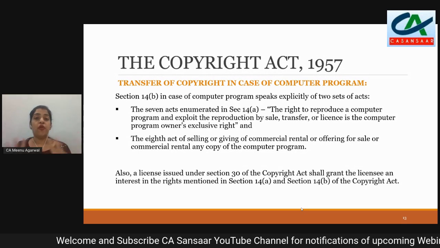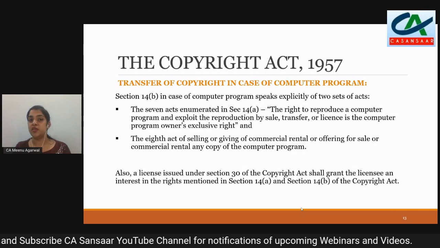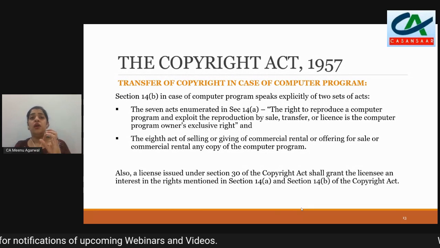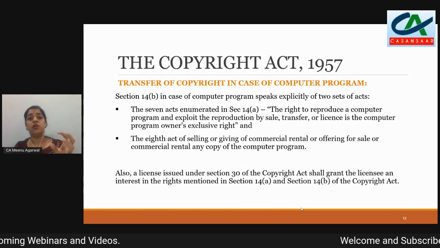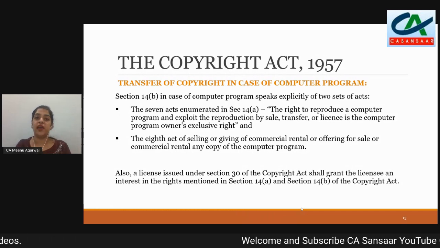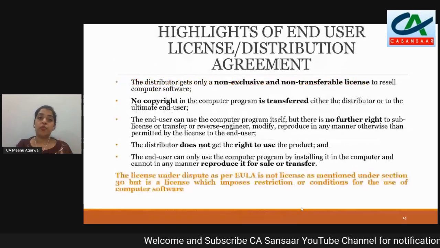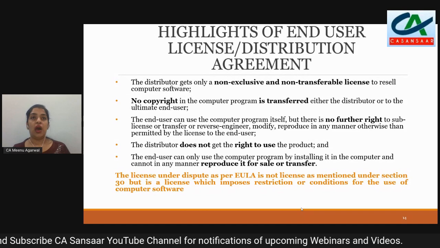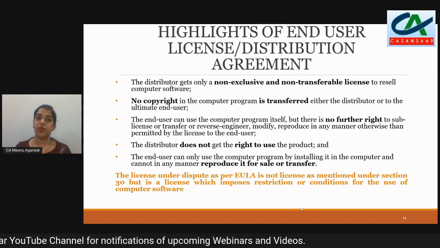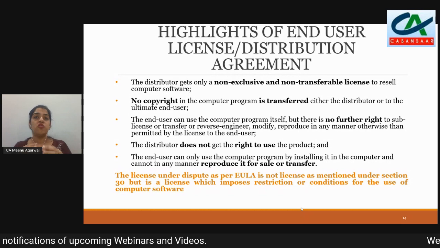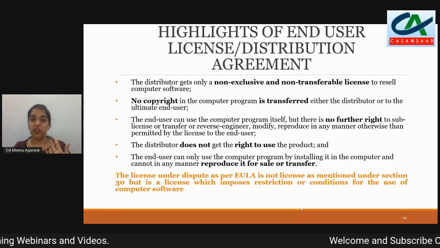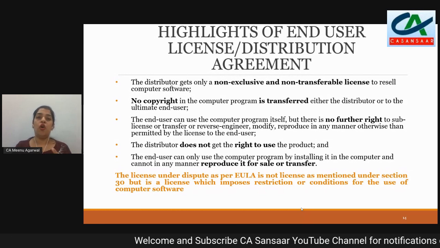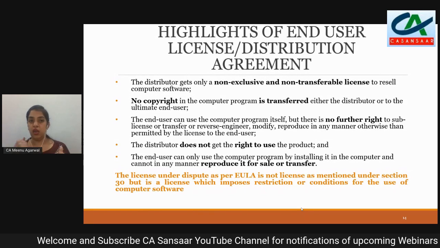This forms the basis for all your discussion and all your analysis. So once the Supreme Court concluded what rights define the transaction as having the characteristics of copyright or royalty, the Supreme Court went on to analyze the end user license or distribution agreement. As we discussed, there were more than 80 appeals which the Supreme Court had to decide. So the Supreme Court picked on a random basis a few of the agreements, whether an end user license agreement or a distribution agreement, and came up with the common points available in those agreements.